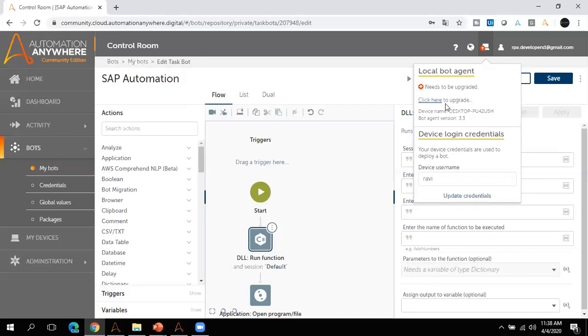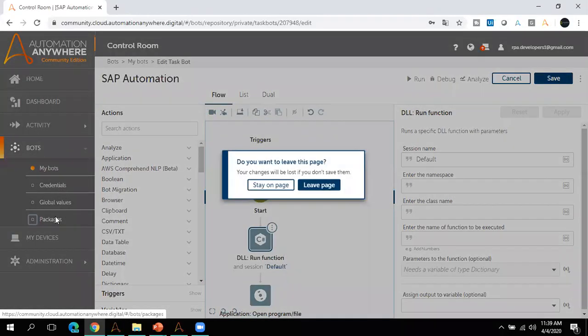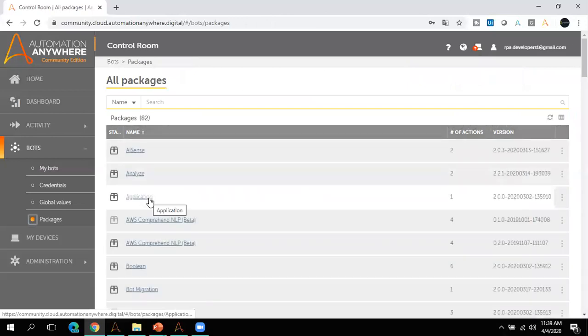This is a 200 MB file, not a bigger file like Automation Anywhere version 11. So you have to install that on the system where you want to execute your bot. Another thing, the last thing I want to discuss, is that you can see the concept of a package coming. In UiPath we had a package concept. In case you want to work with PDF or Excel, you have to go to the manage packages section, download the package and install it.